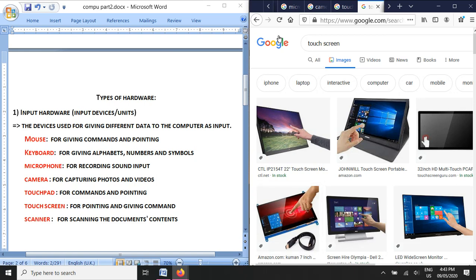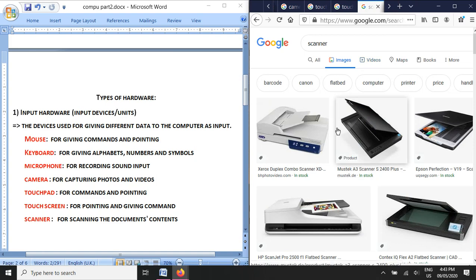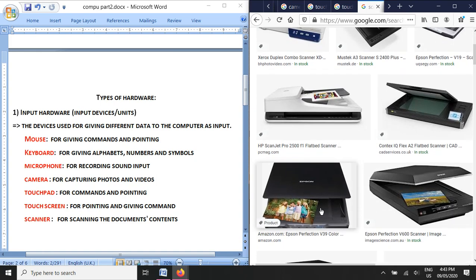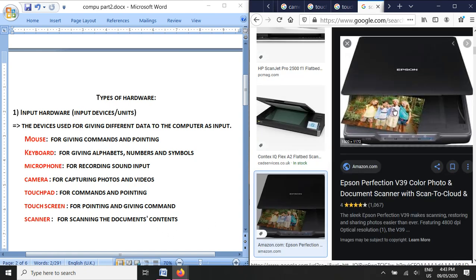And another is the scanner. So let's go for the scanner. Scanner is also a special input device that is used to scan photographs and documents and different other things. So you have a photograph, you have a document, and it needs to be given inside the computer directly, then you can give it to the scanner. So you have to use the scanner for scanning of documents and photos. Alright, you can see the pictures over here. So the photo will be scanned over here and